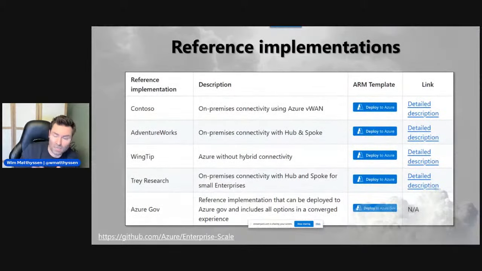But the thing I wanted to mention, and as a tip, most importantly, I also want to give you the advice to check out the reference implementations, which can set you on your way to start with a good foundational landing zone, regardless of whether applications are being migrated or newly developed and deployed to Azure. In this specific GitHub repo, the link is at the bottom of the slide, you can currently find, I think, five reference implementations for all kinds of different scenarios. So probably one of them will fit your environment, so you can already use those and customize those within your own environment and design. It's more when you start deploying,